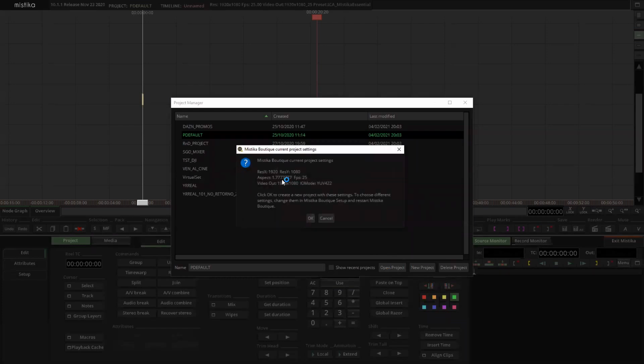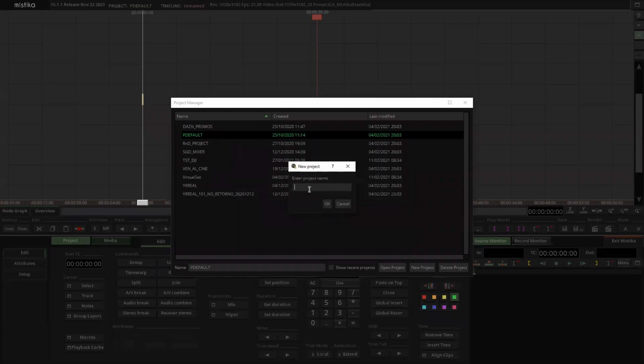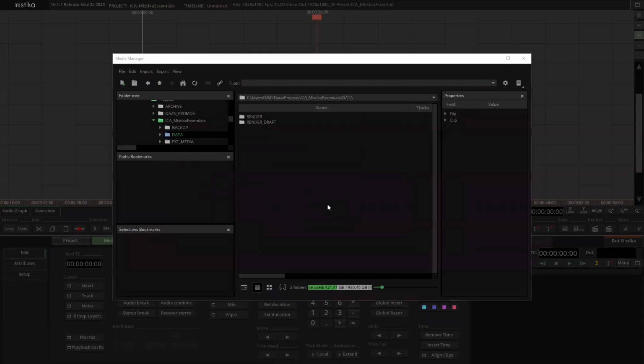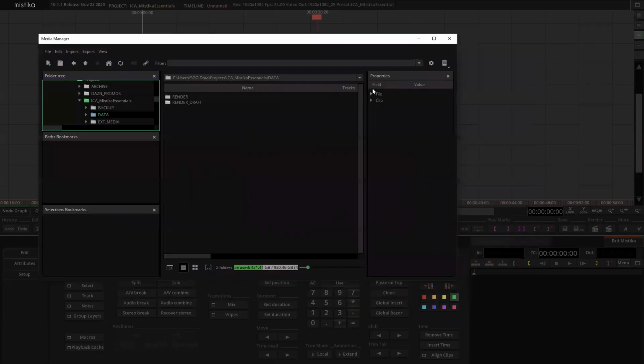Okay, and we can see that it says 1920 by 1080 at 25 frames per second. I'm going to press OK. And I'm going to enter the name, and it's going to be ICA Mistika Essentials. I'm going to press OK, and immediately you can see that the Media Manager is opened,